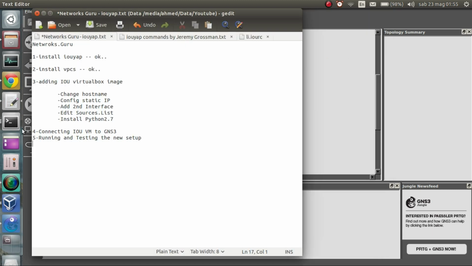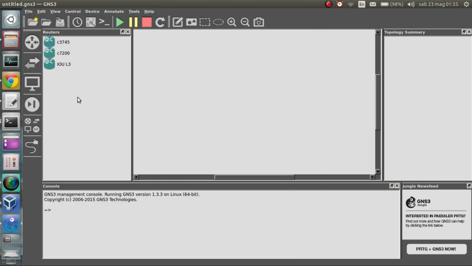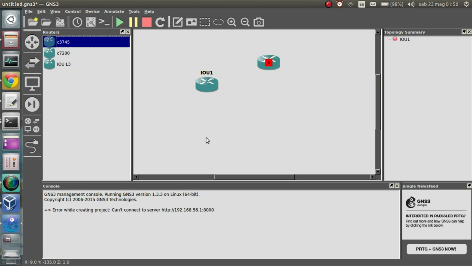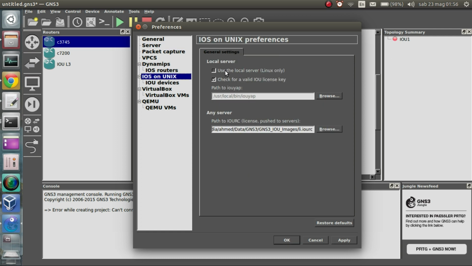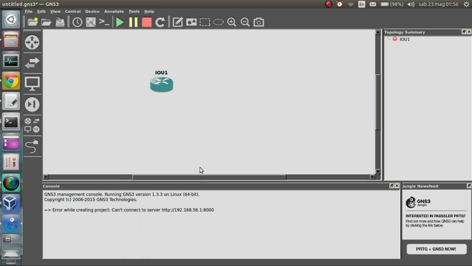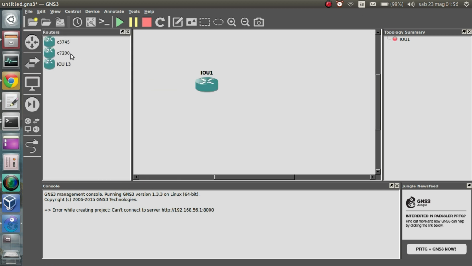Now we have connected the IOU VM to GNS3 and configured GNS3 to run it. Now let's test it. We will have this IOU layer 3 and this 3745, but first we need to run the local server again before starting. Yeah, apply, and we might also check this button. Okay, now we have added the IOU,